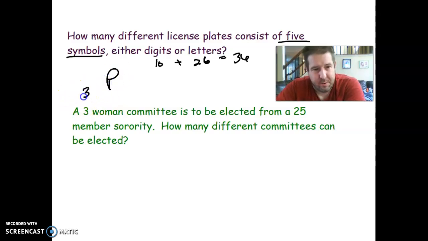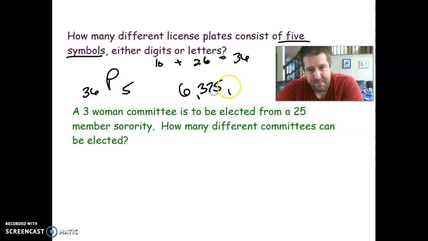So this is 36 possible outcomes, and you're choosing 5 of them. So that's what I put in the calculator. I put 36, math, permutation, 5, enter, and we get 1, 2, 3, 1, 2, 3. It looks like there's a lot. 6,375,600 different ways to make that license plate with just 5 digits. Now, keep in mind that real license plates, I believe, have 7 digits, so it's going to make an even way